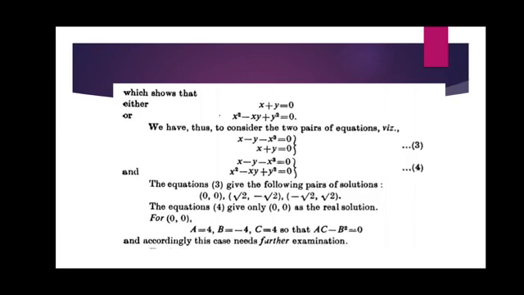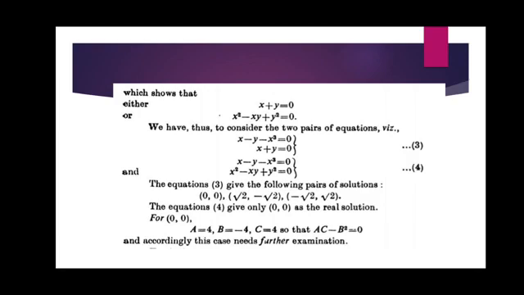We got the points 0, 0 and root 2, minus root 2. We get the values here. And one more point is minus root 2, root 2. We got these three points. For that, first we take these 3 points: 0, 0 and root 2 comma minus root 2 and minus root 2 comma root 2.